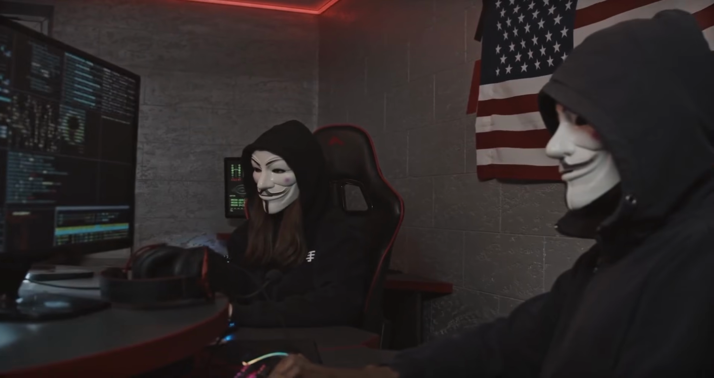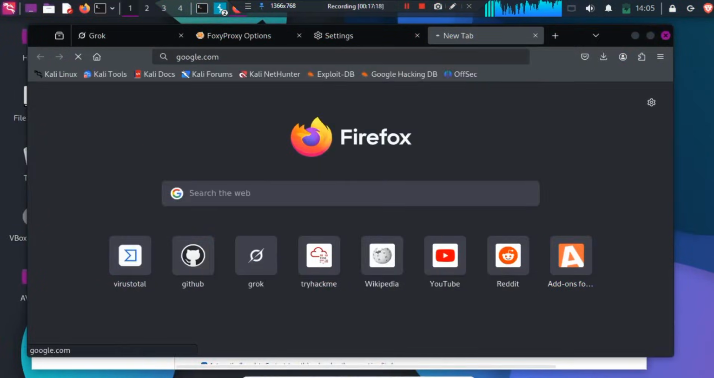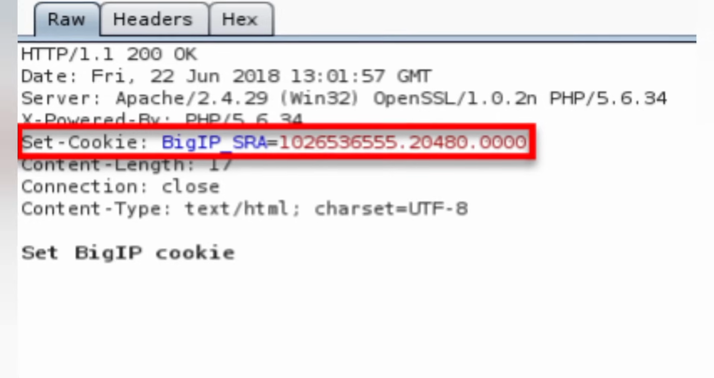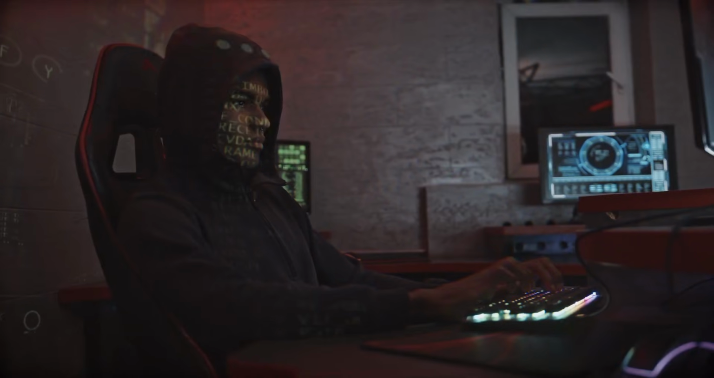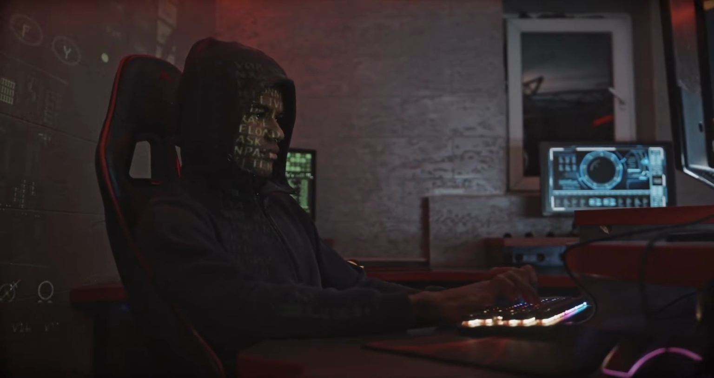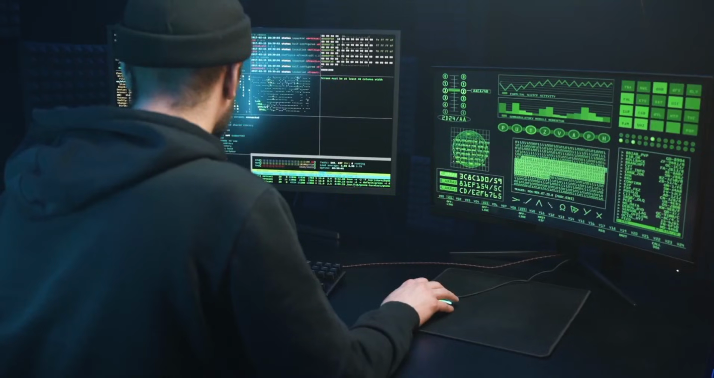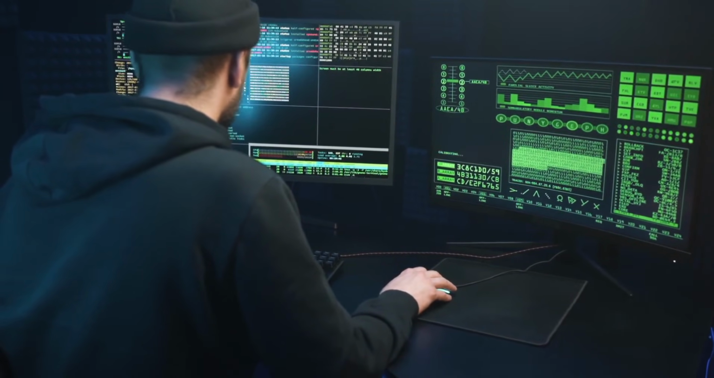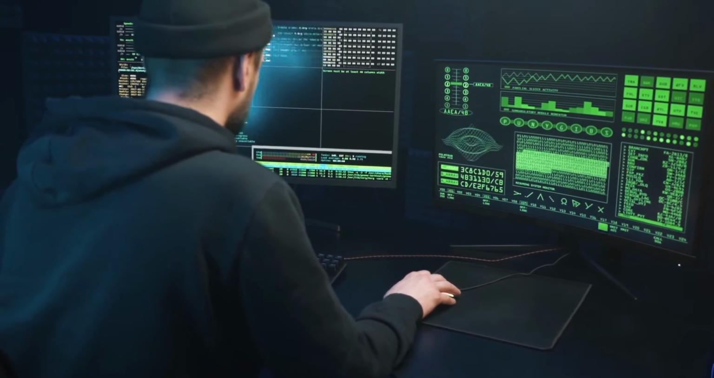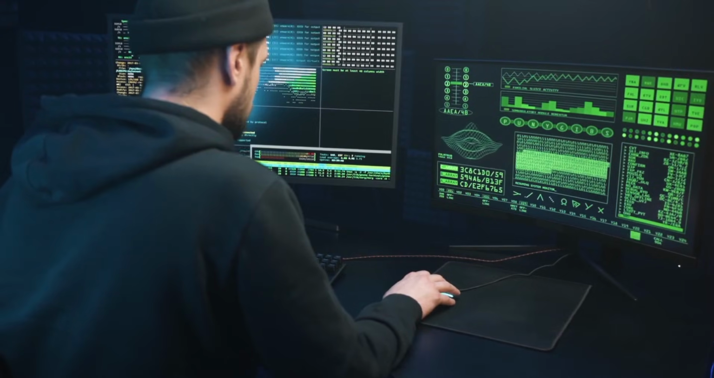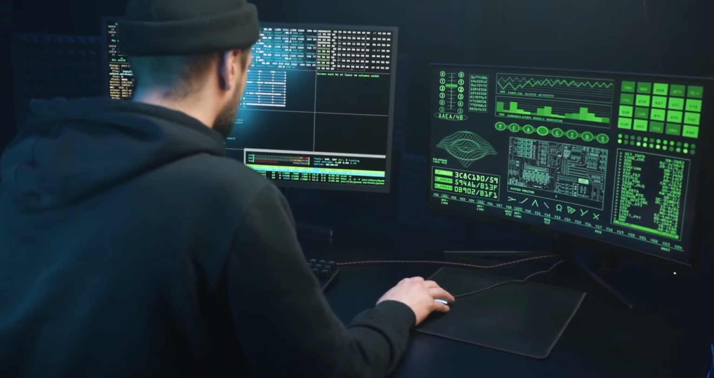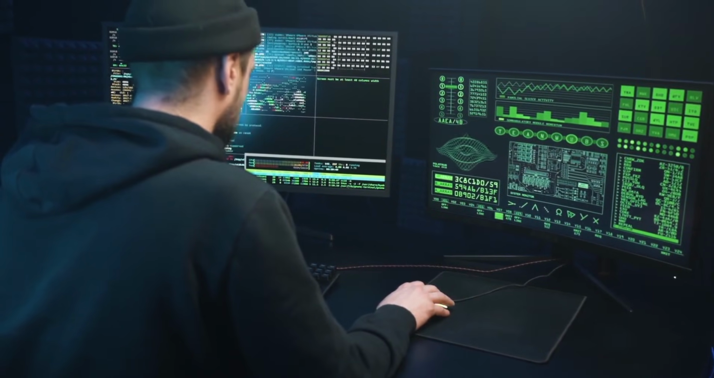Every hacker you see online can intercept browser traffic. They can see login requests, tokens, cookies, everything. But most beginners never learn the real setup. Today, I will show you the exact Burp Suite setup used by real ethical hackers. After this video, you will be able to capture HTTPS traffic, control browser requests, and set up Burp Suite like